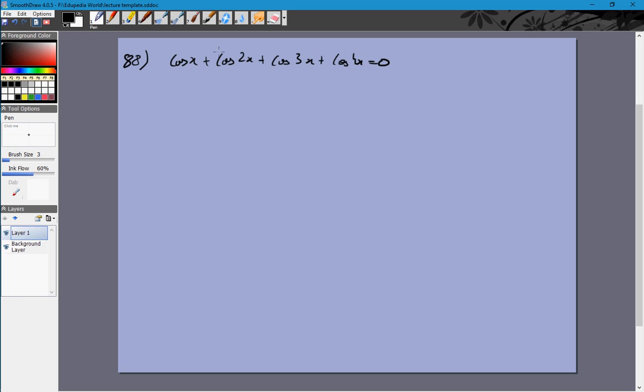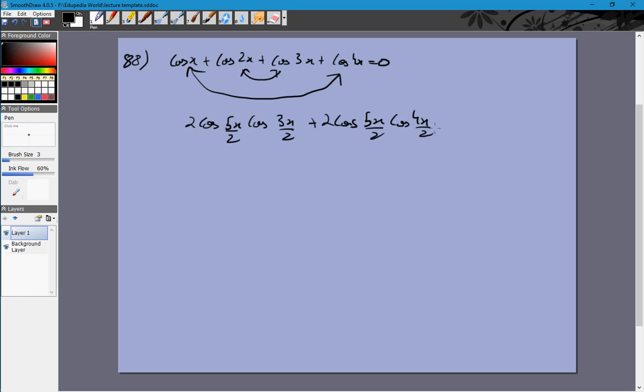So what we can do is use the identity cos c plus cos d is equal to 2 cos of (c plus d) by 2 times cos of (c minus d) by 2, and it would be nicer if we applied the identity between the first and the last and the second and the third, because that gives me 2 cos 5x by 2 cos 3x by 2 plus 2 cos 5x by 2 cos x by 2 is equal to